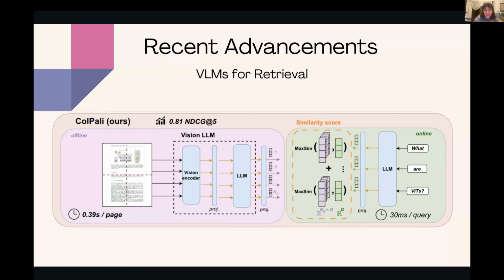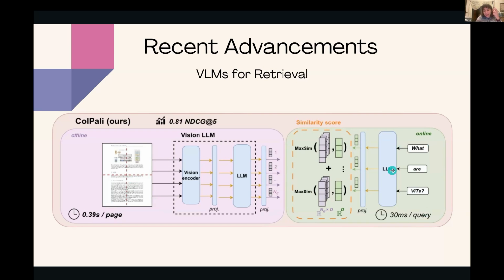So lastly, there are VLMs for retrieval, which can be used for multimodal RAG. The most famous one is called ColPali, which is basically you have PaliGemma, and then you have normal Gemma or any language model, and then you take the projected outputs of this model and this model, basically two embeddings when you think about it. And then you have a module called MaxSim that calculates the similarity score between these projection layers to maximize the